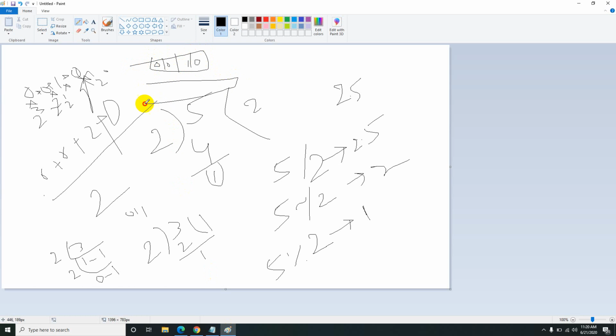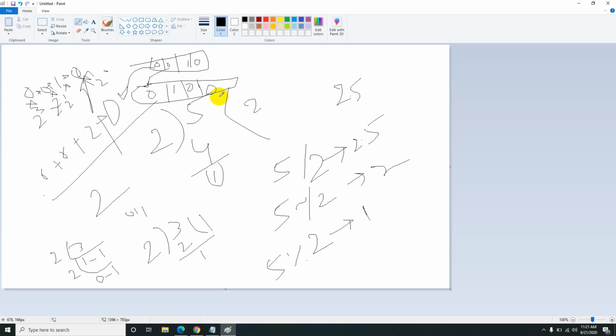As I told you, one bit will be moved to the left side. So this 0 will come outside and be excluded, and this 0 will come here. This 1 will come here, this 0 will come here, and here as it is void we'll keep 0. So 0 1 0 0.